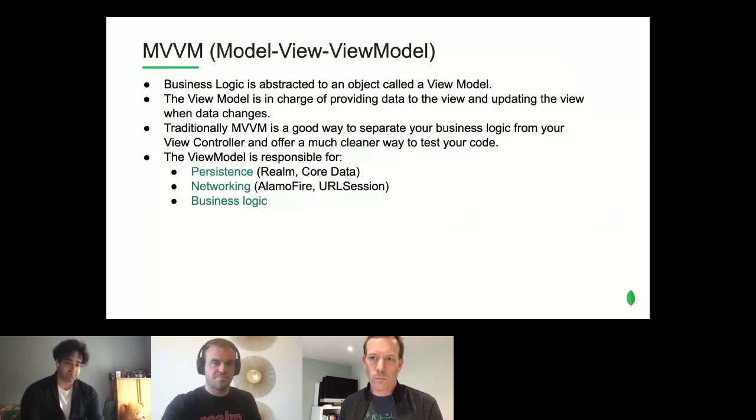So let's go over Model View ViewModel. It's a bit of a mouthful. In MVVM, the business logic is abstracted to an object called a view model. The view model is in charge of providing data to the view and updating the view when data changes. Traditionally, this is a good way to separate business logic from the view controller and offer a much cleaner way